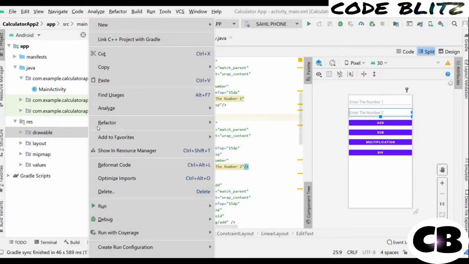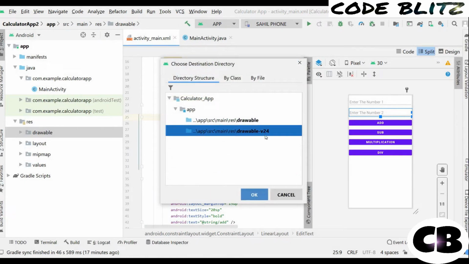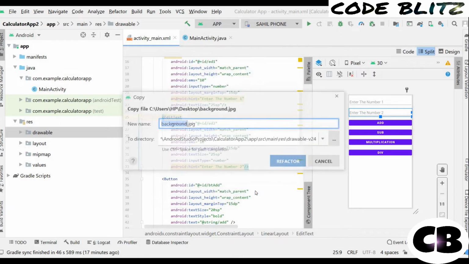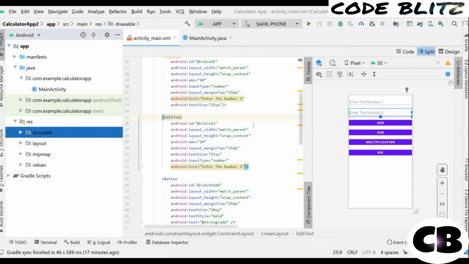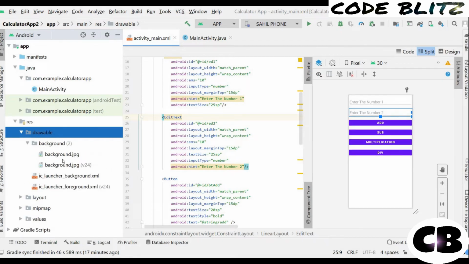Again I will right click the drawable directory and paste. Now I will select the alternative option, that is drawable v24. Again I will click OK, refactor it. Now once the file has come in drawable, you can see that in the background.jpg we have these two files.